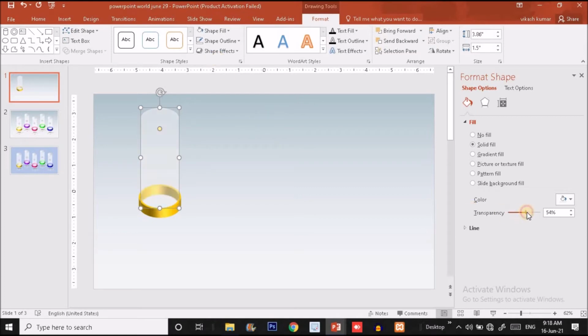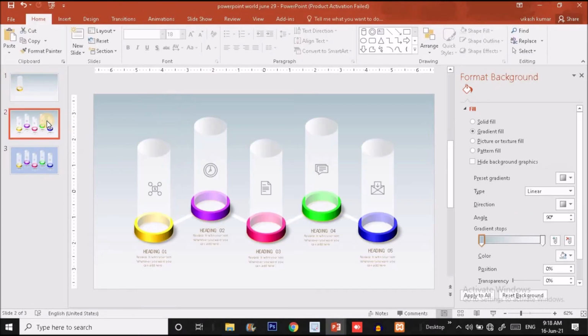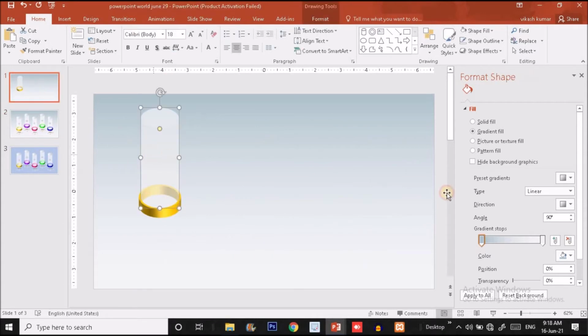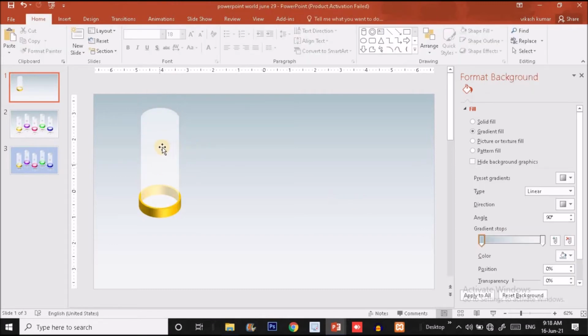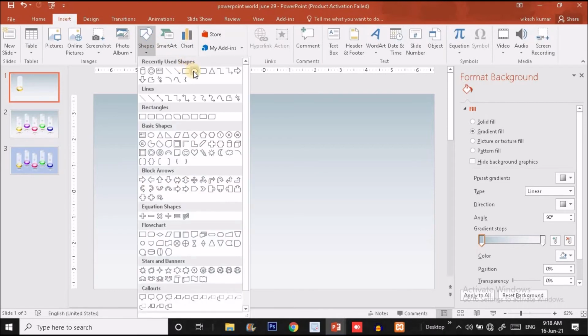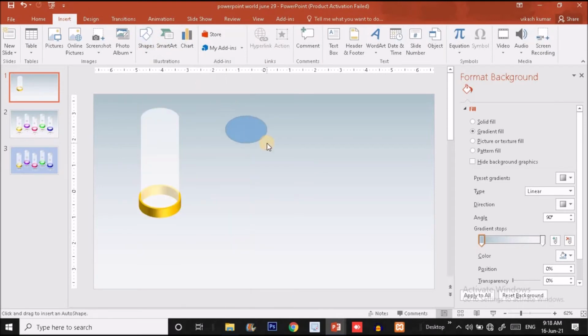Okay, so now I'm going to make it transparent like this, or you can make it white color. White color is good, guys. So now I'm going to click on insert option, click on shape, and choose an oval shape option over here.